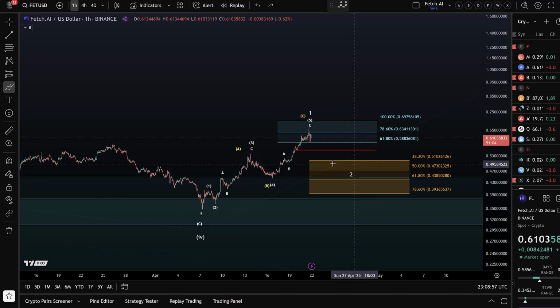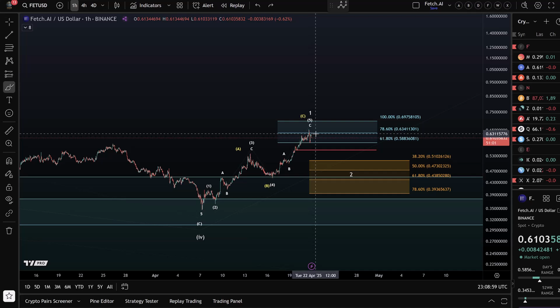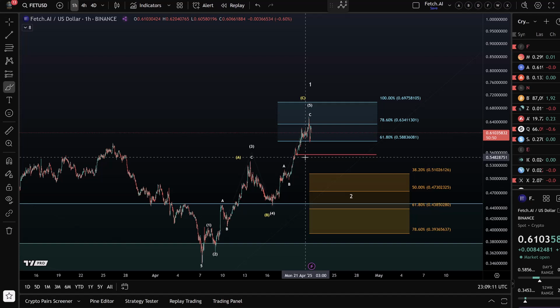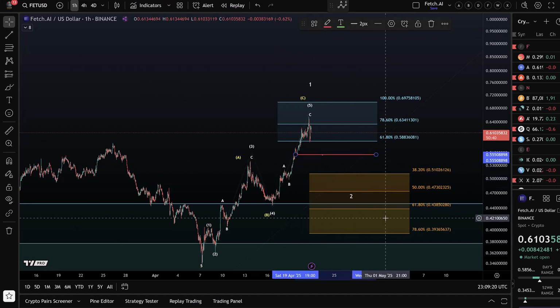This area has been calculated based on standard Fibonacci guidelines and Elliott wave guidelines. And all we're doing now is to watch the red line. Why do we watch that line? Because it is the first indication, if the price breaks below it, that a top of sorts could have formed. That level is at around 55.5 cents, which means I need a decisive break below 55.5 cents to indicate that the wave 2 in white